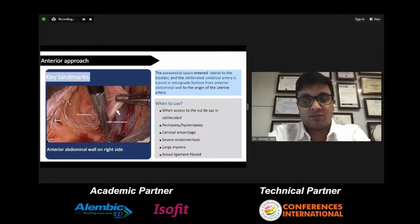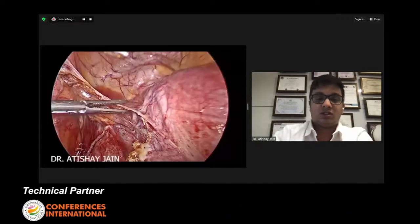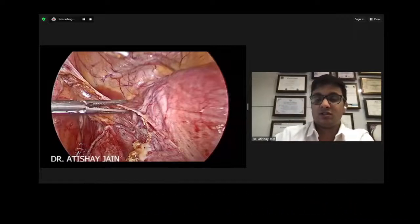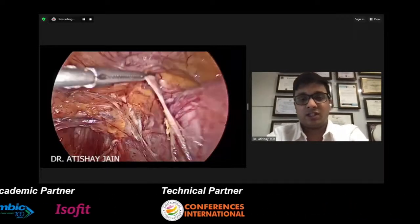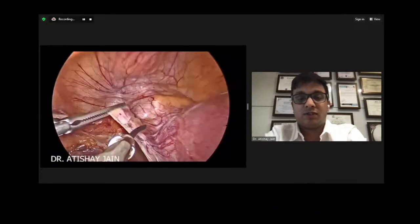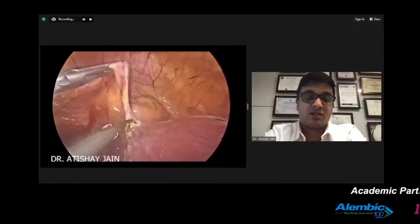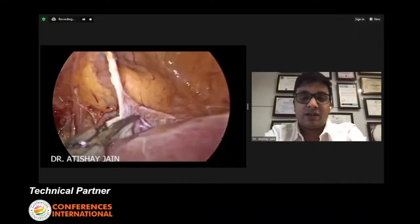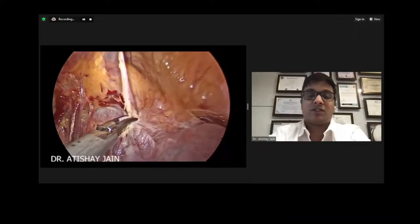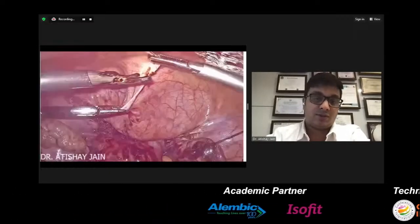Now, the anterior approach is one approach which we don't commonly use. So I'll just show you the two spaces, the vesicovaginal space and the space of Retzius, the retropubic space. The vesicovaginal space, I think we all are doing. This is the case of previous LSCS. So we just started from the lateral window approach, keeping the fat above and cutting below it. So this is the vesicovaginal space that we are developing, and this is the space of